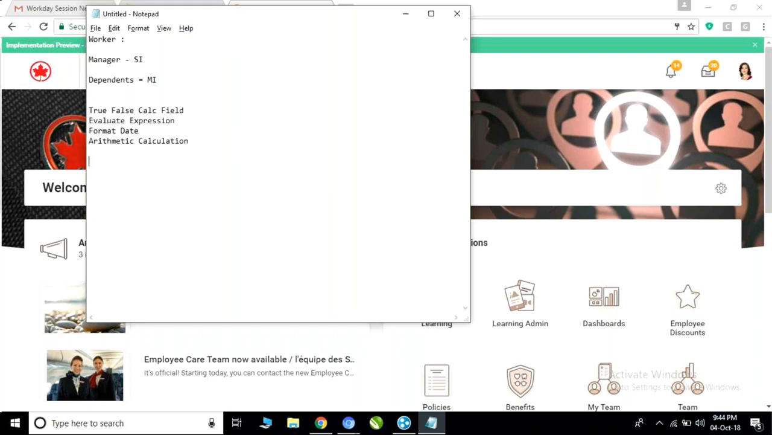Now, if you remember, this is a very important topic, guys. The three calculated fields which I'm going to tell you now are very important for any of your custom reports or integrations which you'll be building into the system. So if you recall the report which we had built on the worker and dependent part, right? So what you're doing, you are creating a custom